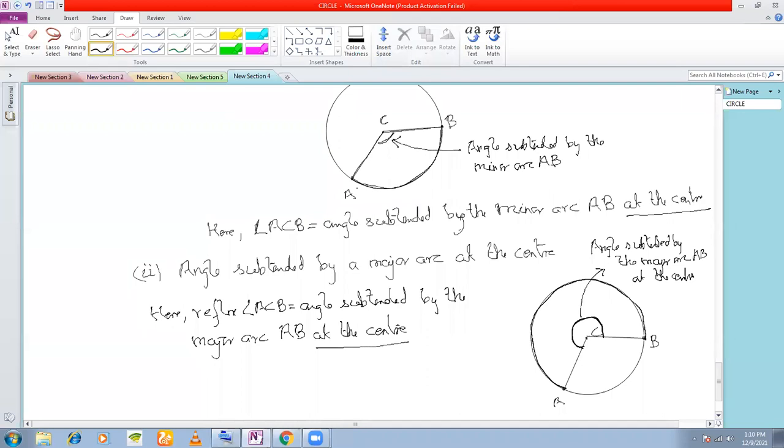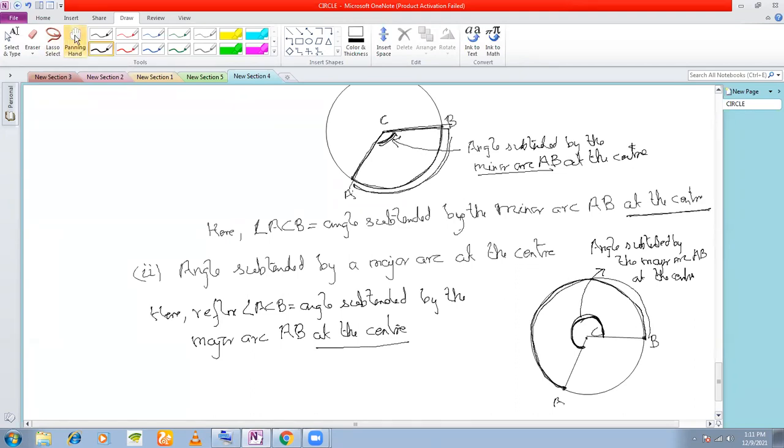Difference between both of them is this is the minor arc, right? And these two are the bounding radii, AC and CB. What is the angle here? This angle subtended by this arc and between these two bounding radii is called the angle subtended by the minor arc AB at the center. Understood? Clear? So when we are considering minor arc at the center, we are considering this angle. But when we are considering the major arc at the center, we'll consider the reflex angle. Clear? Yes, sir. So both are at the center, remember.